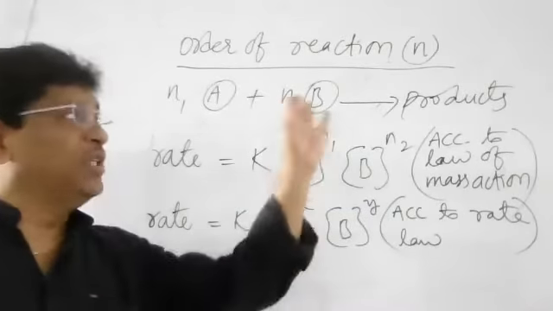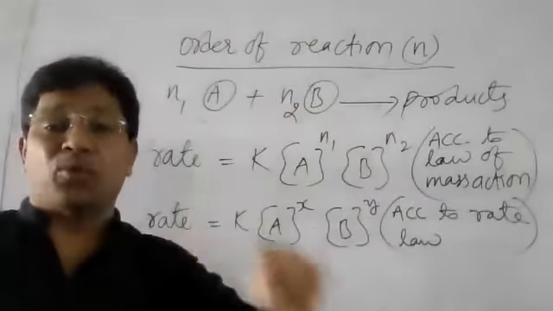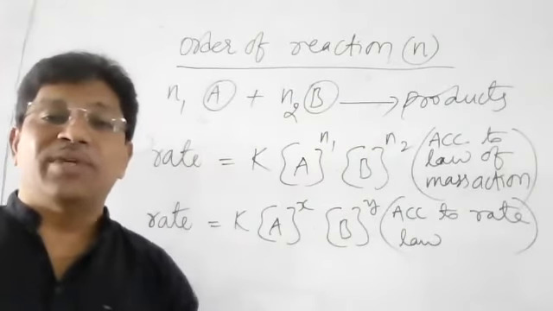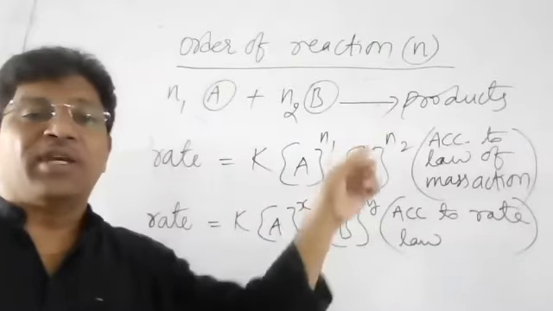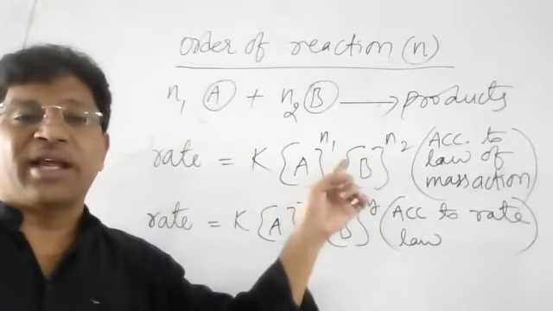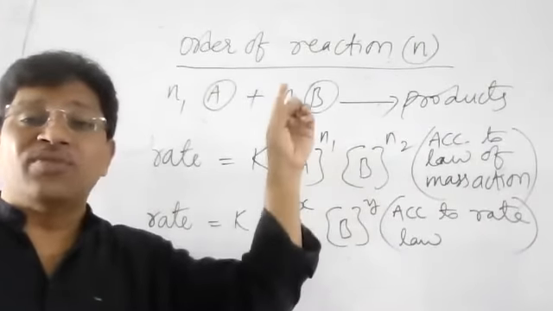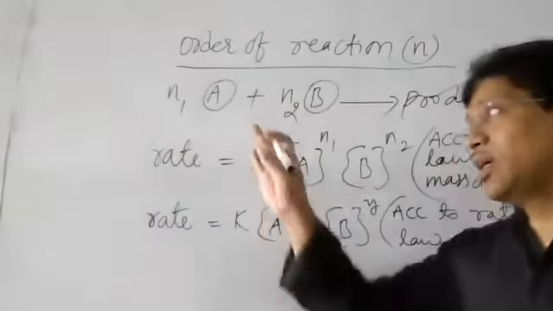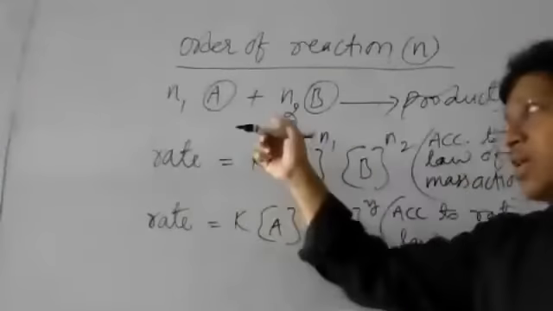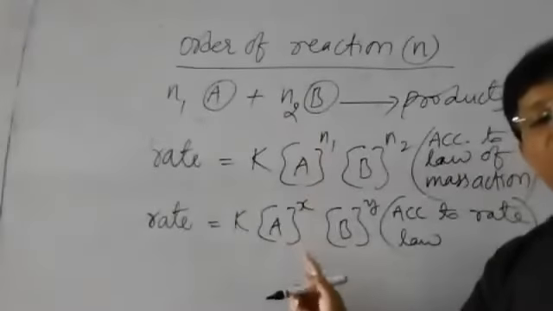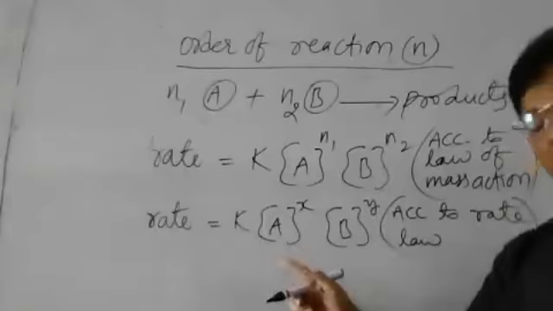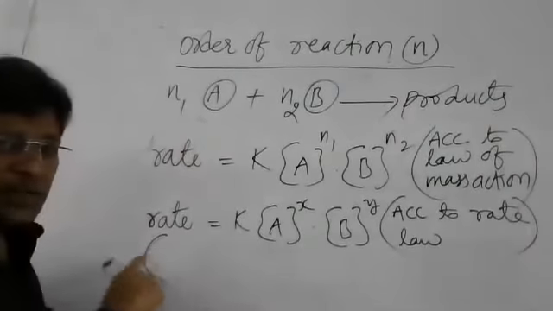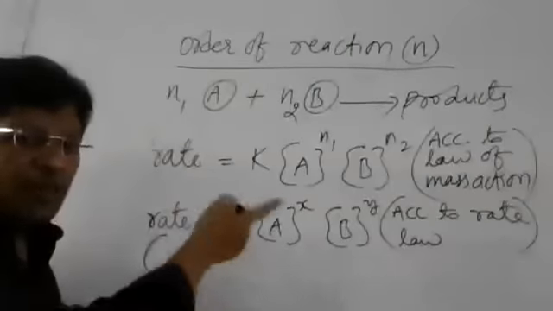That means if this reaction is a single step reaction, that is, an elementary reaction, we can write it this way. The first expression is correct if the reaction is a single step, elementary reaction. If the given reaction is complex, we should use the second type of expression. Is that clear? So when do we use this second expression? It is used if the reaction is complex.